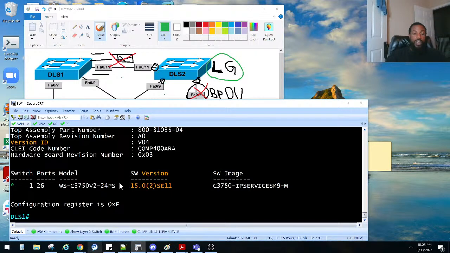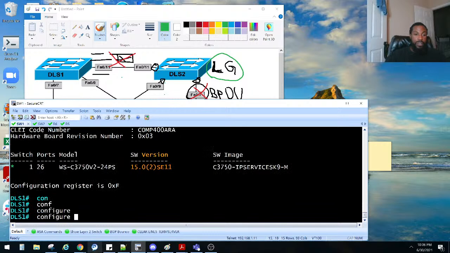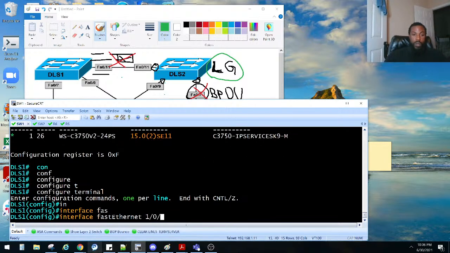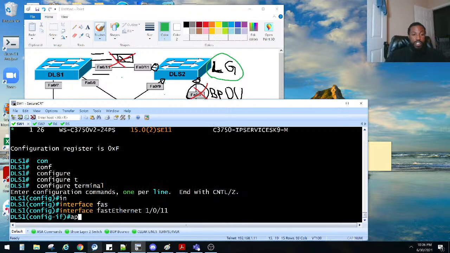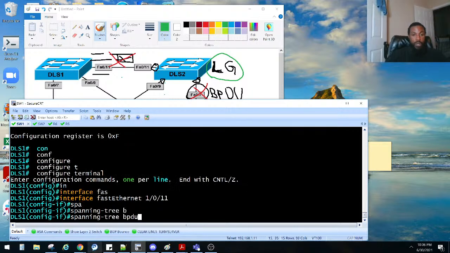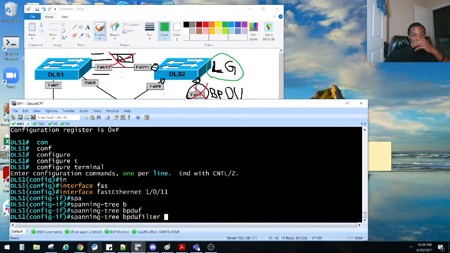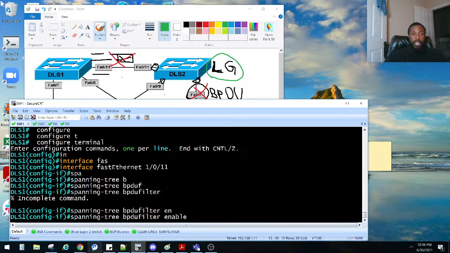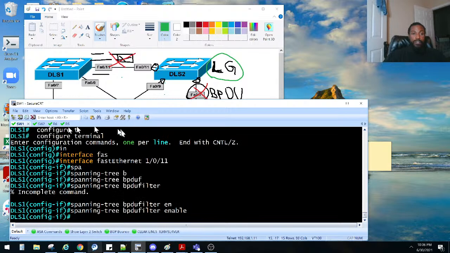So we're going to go to FA0/11, interface FA1/0/11, and we're going to say spanning-tree BPDU filter, that stops BPDUs from being sent. Enable, we got to do enable. And now if we check root DLS2,